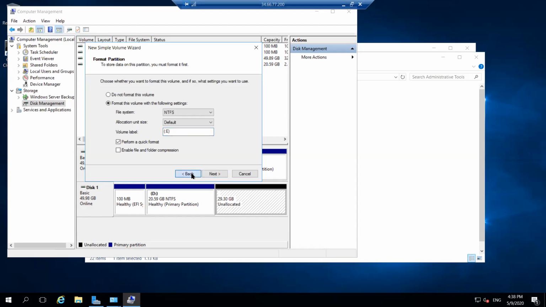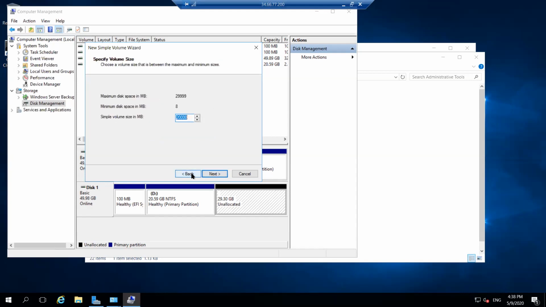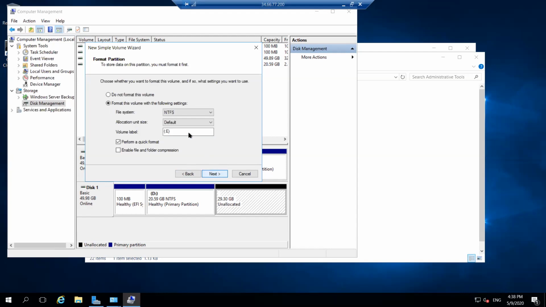So we will go back a little. It will be 29999, approximately 30,000. Then next, then next. It will not be this, but E colon.